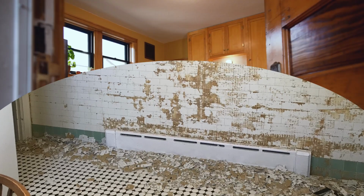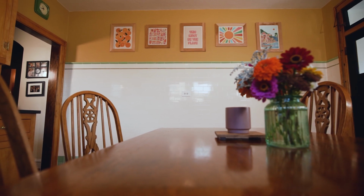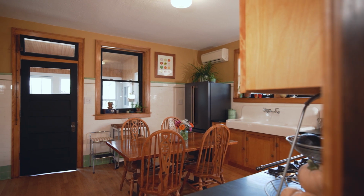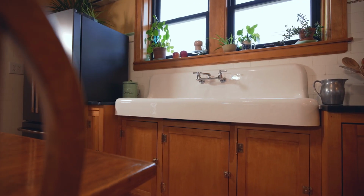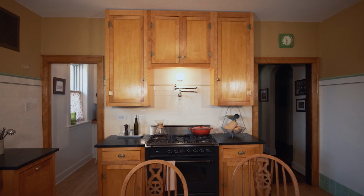It was a lot of work, but in our minds, totally worth it. We love it. It's beautiful. It's also like saved material, which is like cost savings, but also better for the environment. Environmentally. We did find the sink on Facebook Marketplace, and then the base for it, Mike actually built all the